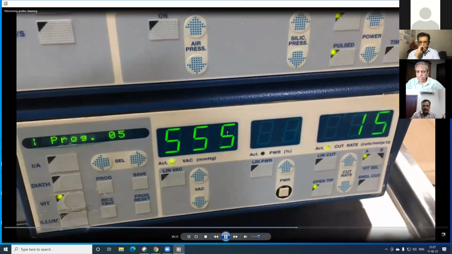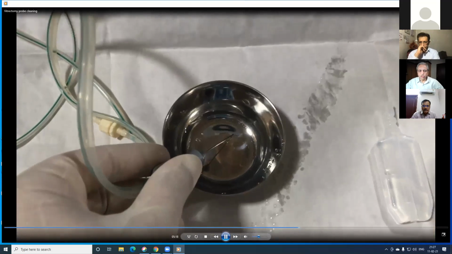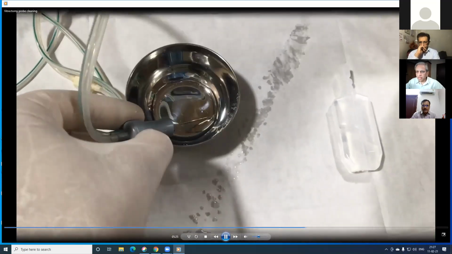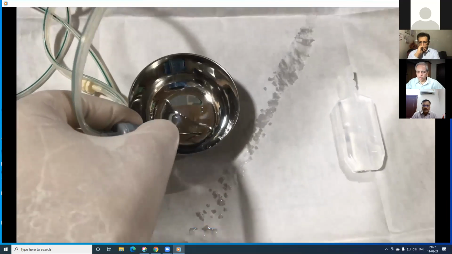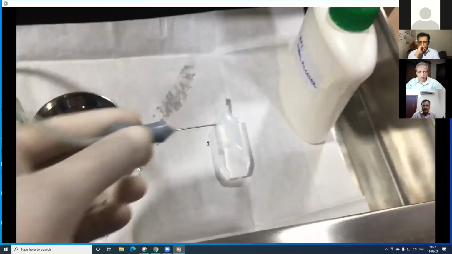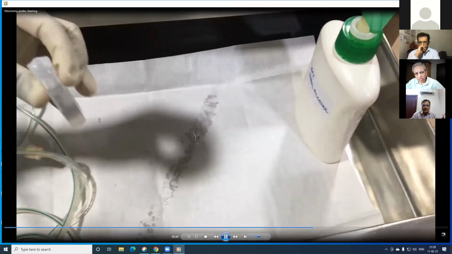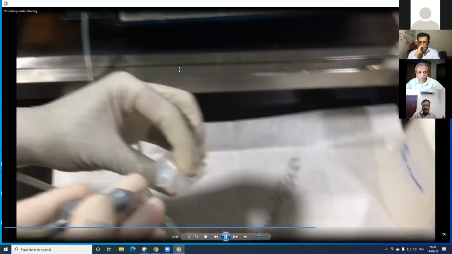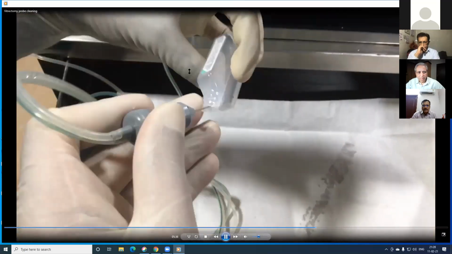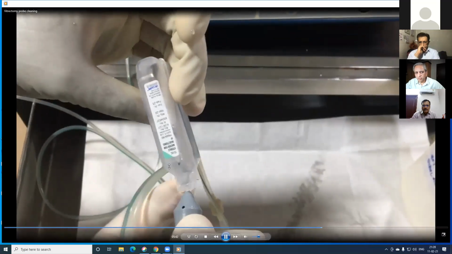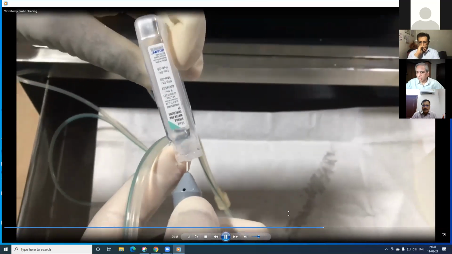So remember, if you want to have a long life of the vitrectomy cutter, you should not cut it in air. The moment you start cutting it in air, the blade becomes blunt. So always, whenever you want to cut, dip it in water. And now after the distilled water, there is a sterile distilled water. We'll again suck the entire thing. And there'll be vacuoles of water inside the tube. So how do you get rid of the vacuoles of water? I use alcohol, absolute alcohol.